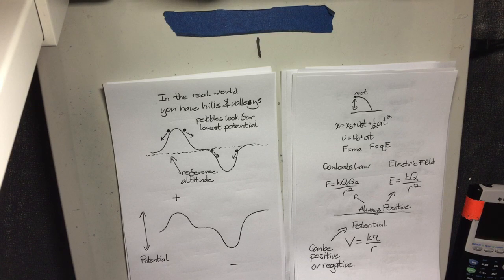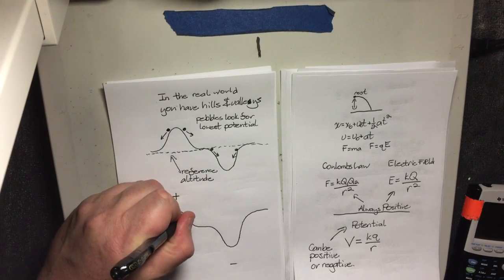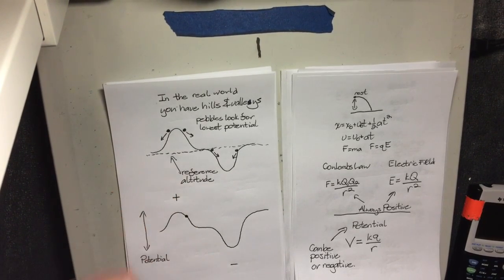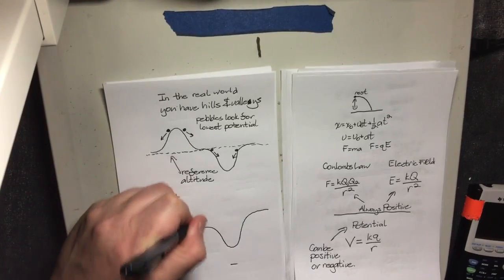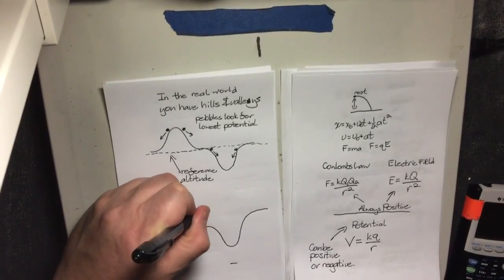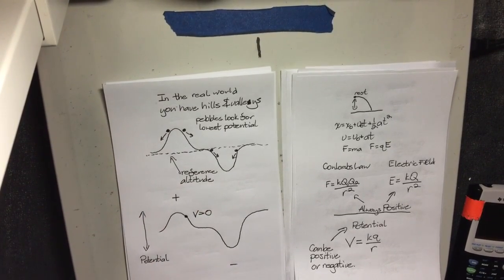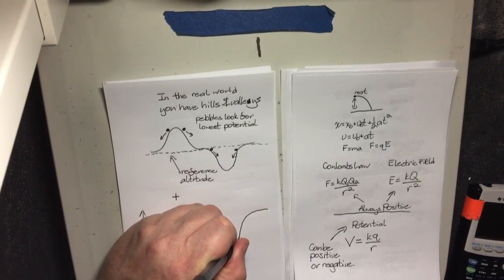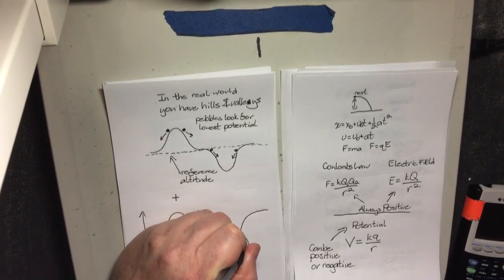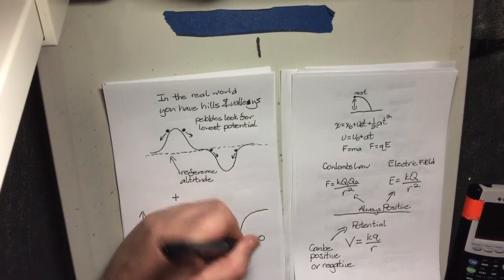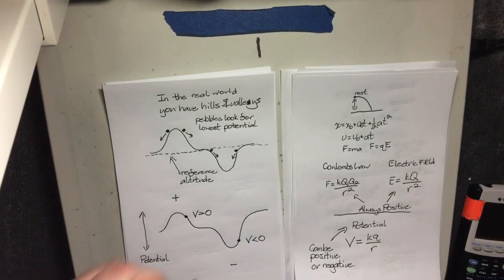So potential could be positive, it could be negative. If you're really close to a positive charge, you have a potential that is greater than 0. If you're close to a negative charge, you have a potential that's less than 0. And once again,